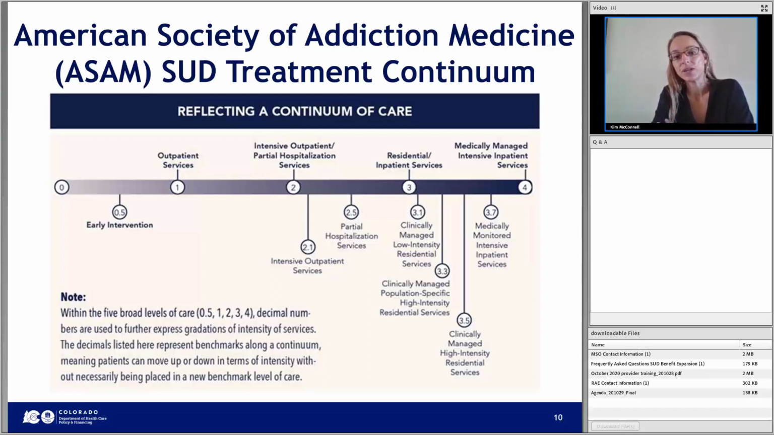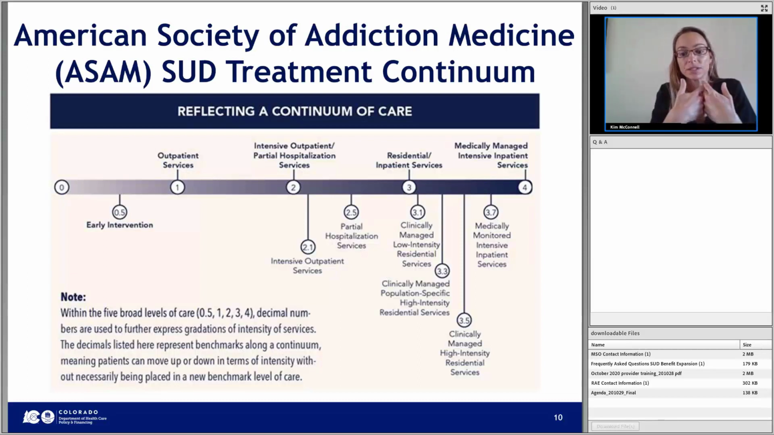You go further to the right, then you get into the residential and inpatient categories of care. So you can see 3.1 clinically managed low intensity residential services. So that's the lowest level of residential services. And we have a presenter from the Office of Behavioral Health to talk about their licensure changes that recently were ratified and actually align the SUD provider licensure rules in Colorado more closely with this continuum that you see here. So now the licensure rules reflect licenses by level of care. So these 3.1 services,